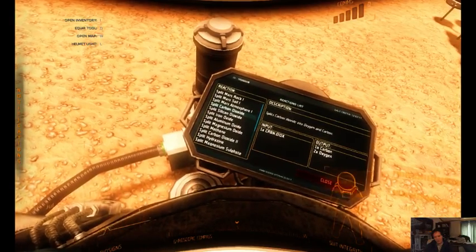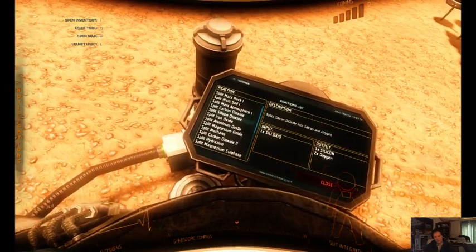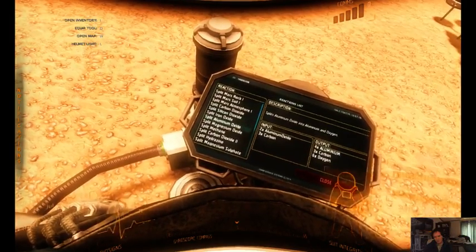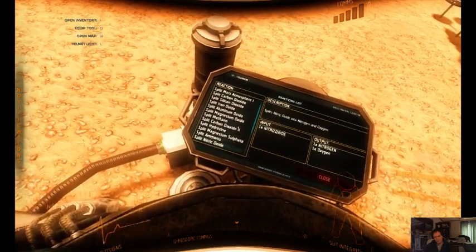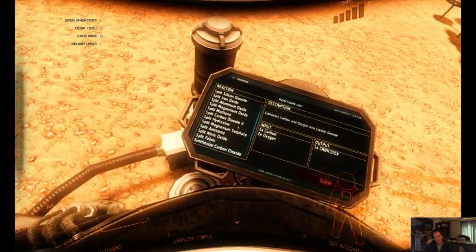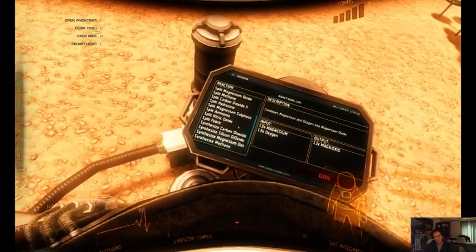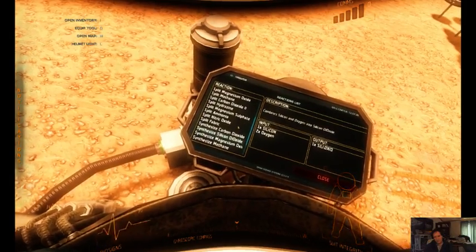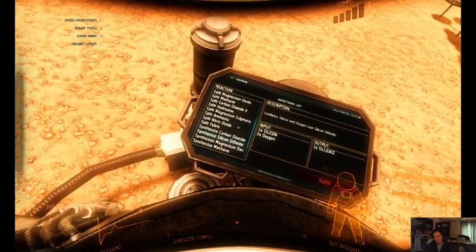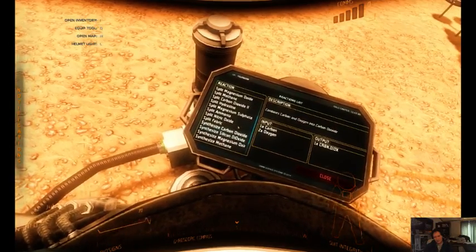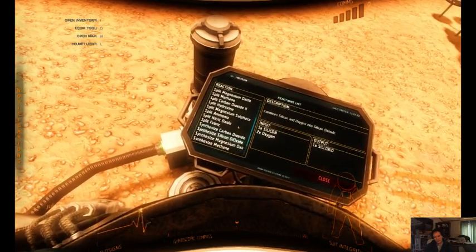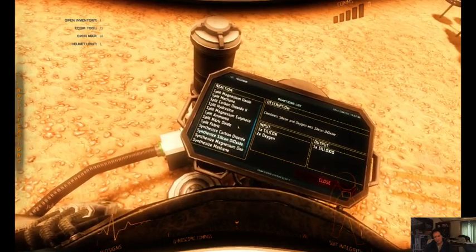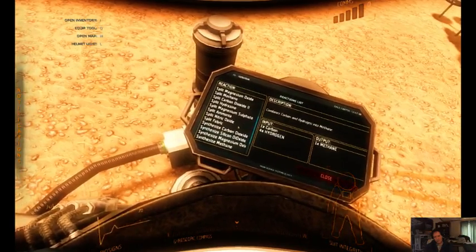Why does the input look like that? Oh, synthesize. This, what the hell?